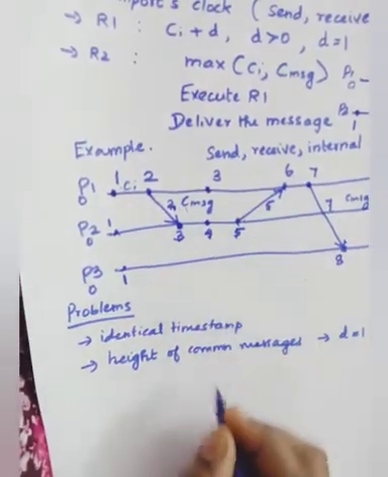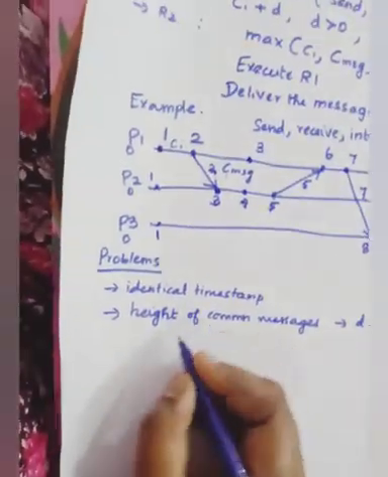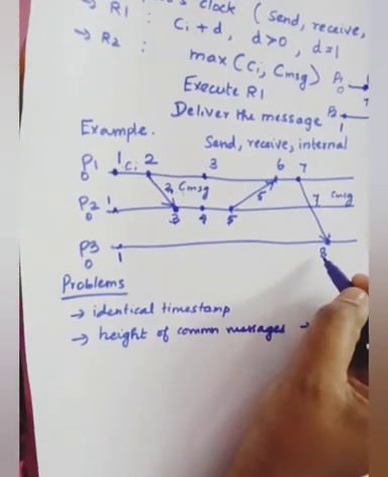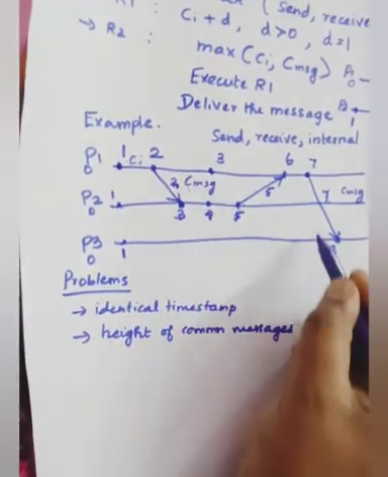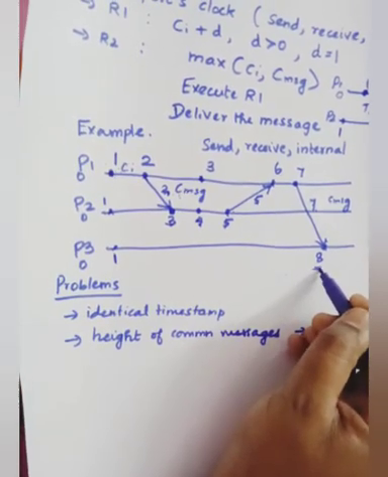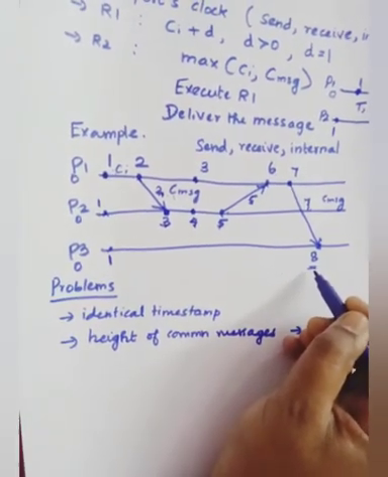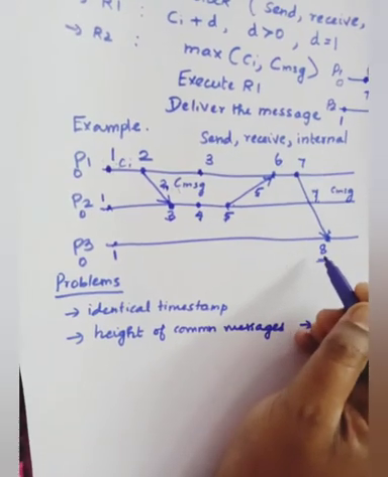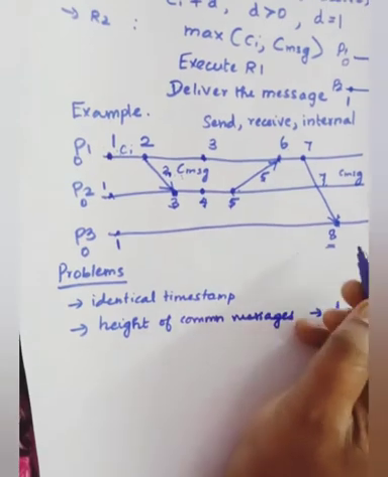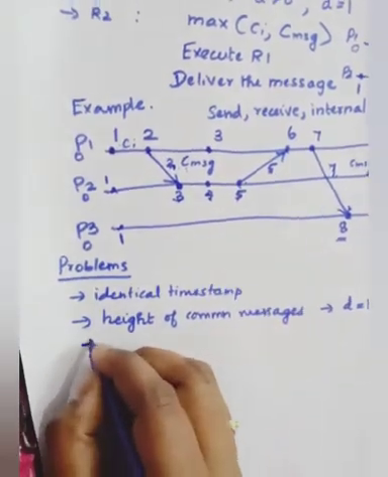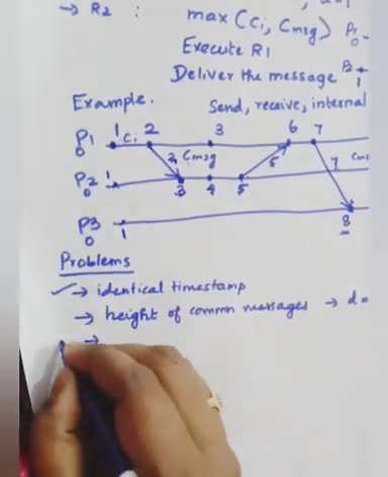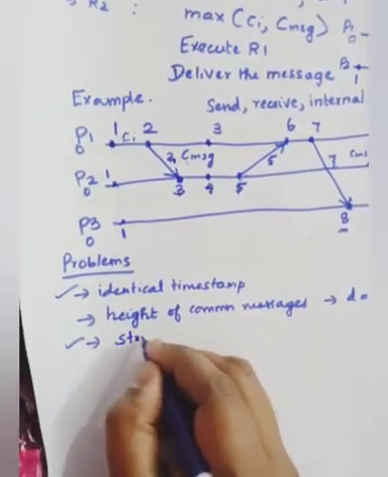The next thing is that here we can count the events easily because the scalar value increments by 1. So we can count the number of events, and the height of the communication reaches till 8. So the event count is equal to 8. So 8 communication messages are sent across the processes. So event counting is easy here. But one of the problems is that it is not strongly consistent.